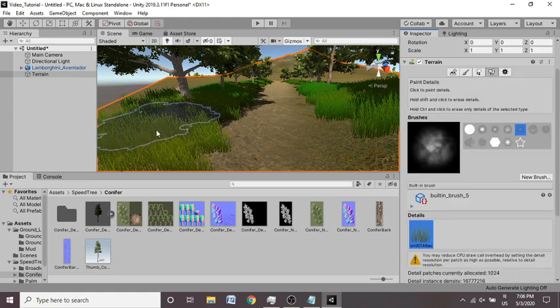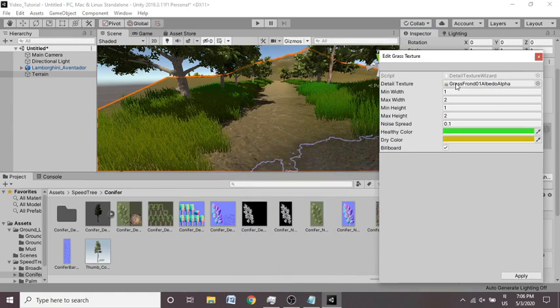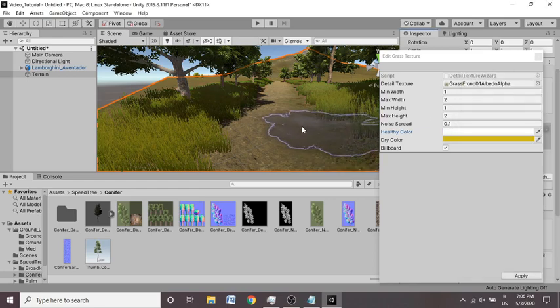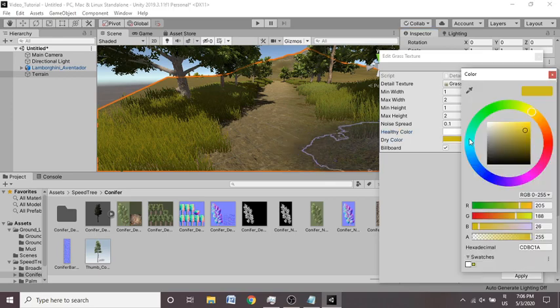For fixing this cartoonish looking effect, you have to just double click on the grass again, and we have two options called healthy color and dry color. So inside the healthy color option, move this green value to just to the white, and just like that, the grass is looking much more realistic.